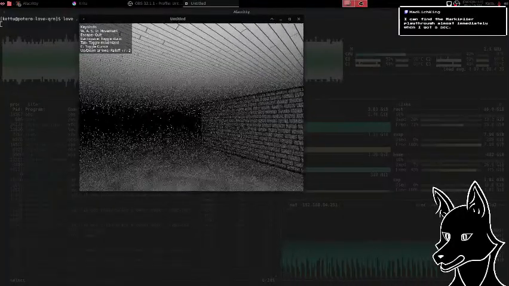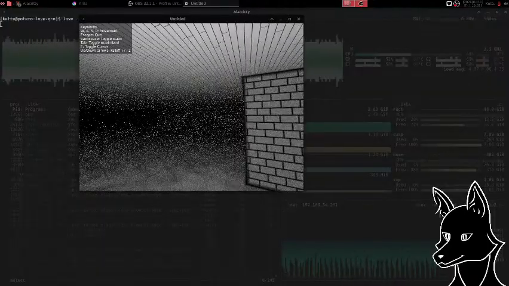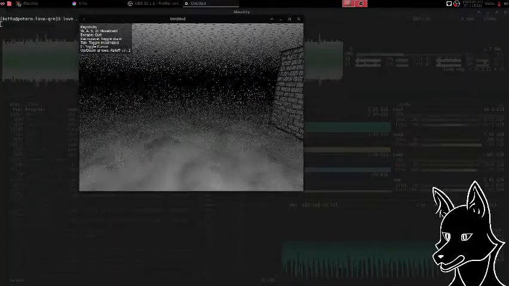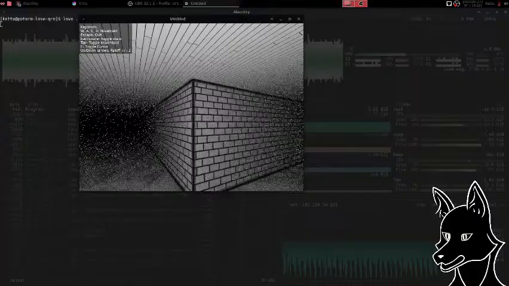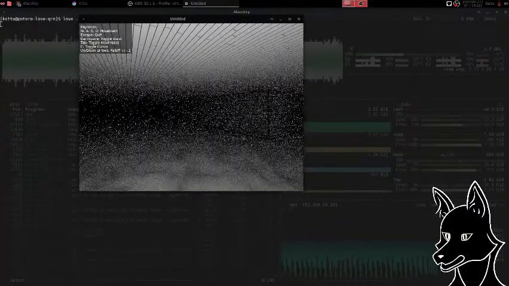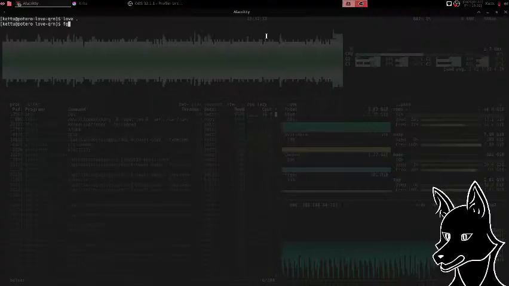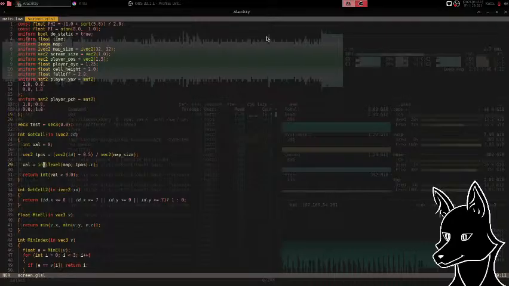Here we have the incomplete map. So... I mean, this is also going to be pretty good too. So I can see what it's like to have full... Okay,